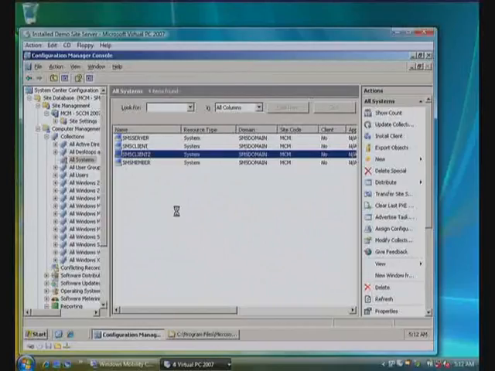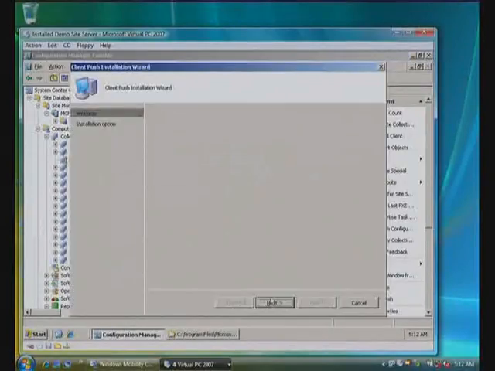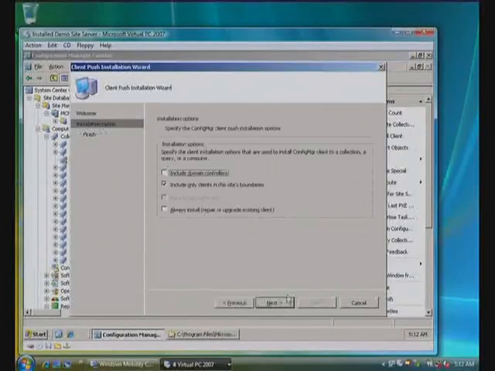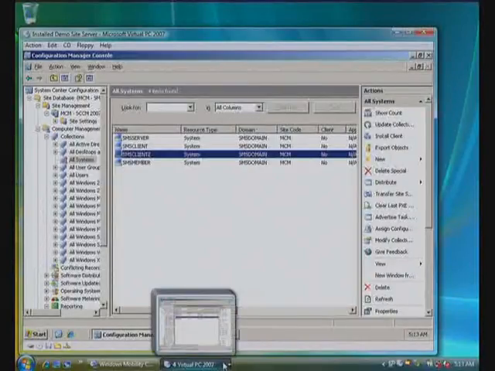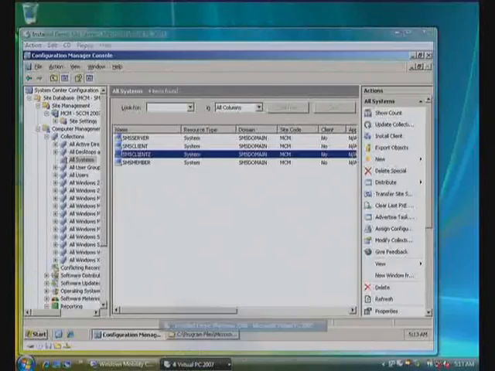So we'll go ahead and get him pushed off, and then we'll go ahead and look at the client running, and then we'll stop and go to other methods and come back and see him. Don't have to include domain controllers, and it's not installed yet, so I don't do an upgrade. So a pretty short wizard, much shorter than it was in SMS 2003 because we don't have any legacy clients to worry about. Okay, so on our Windows 2000 client sitting here, if we load Task Manager,